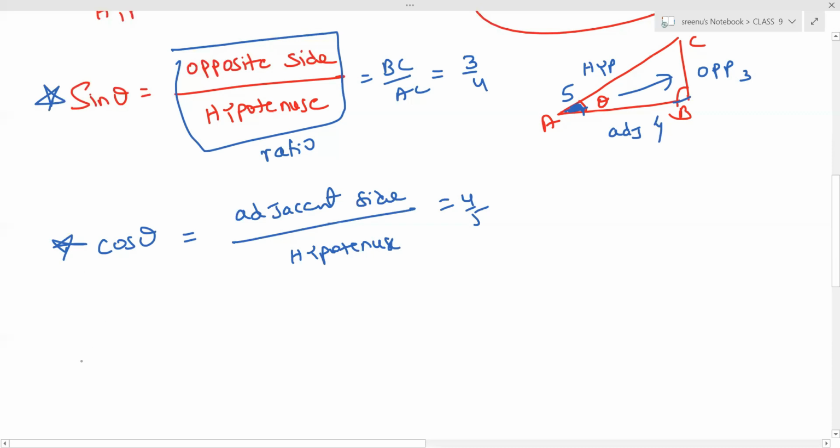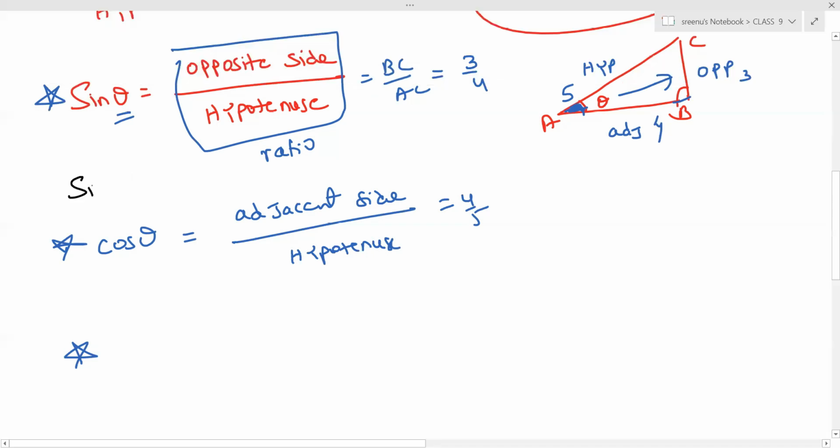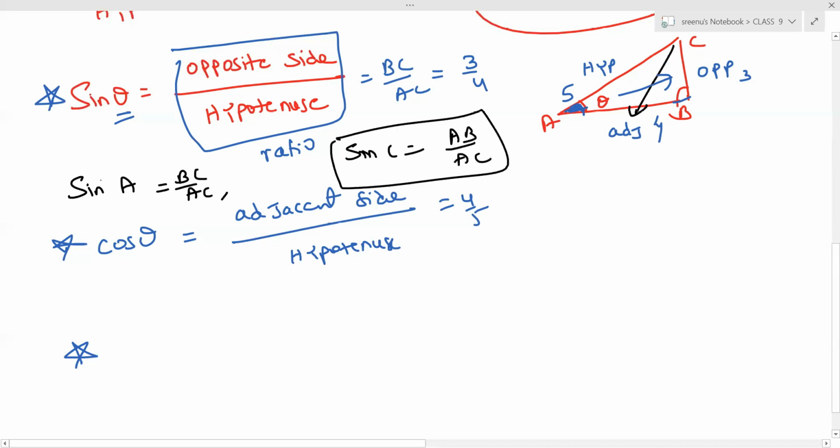If we take it through C, here I wrote sine theta. I can write sine A. Sine A is also correct. Sine is defined according to the angle A: BC by AC. If you take sine C, I will write sine C. What is the opposite side for C? AB. So AB by AC, like that it will come. Suppose if you want to take theta, you have to mention what theta is. Theta is an angle, here angle C, you have to mention. Cos theta is like that.